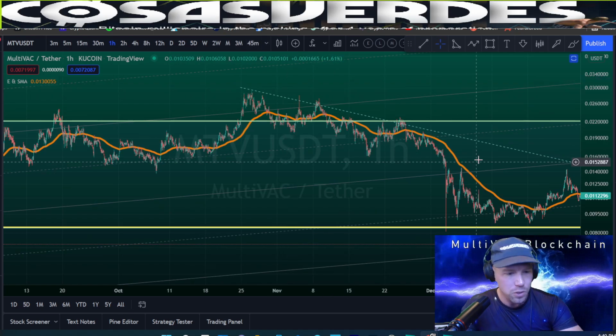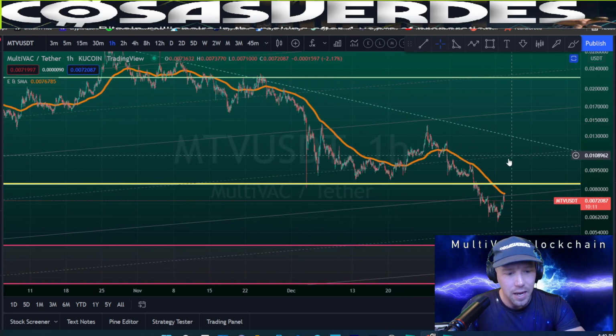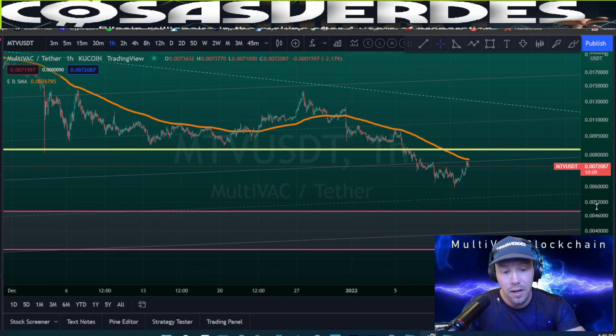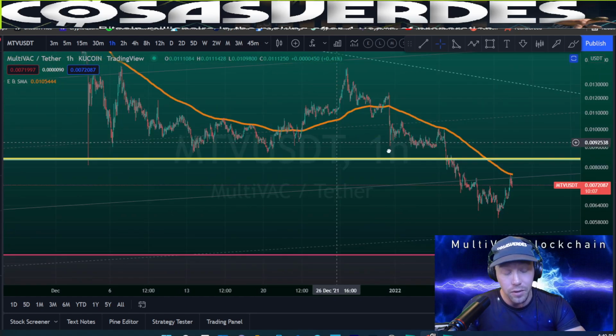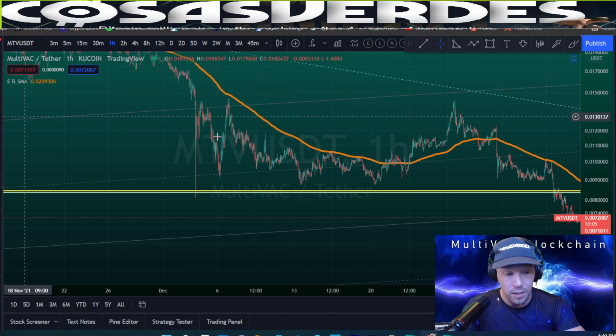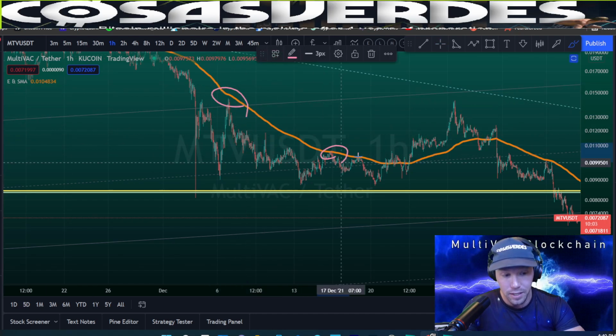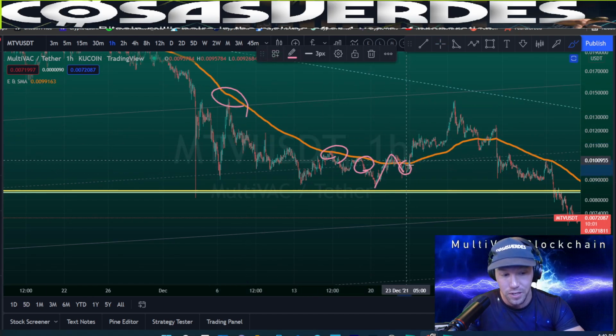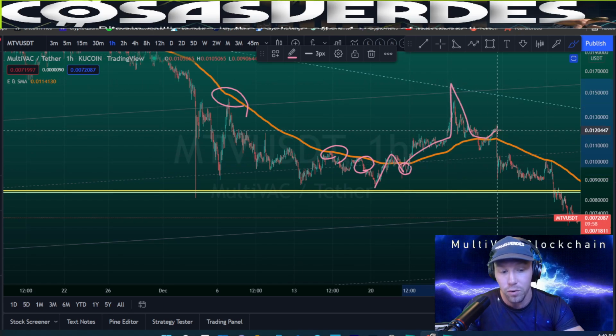Yeah, the 1 hour works pretty well. I think the 1 hour is kind of the best candidate. So kind of like I was saying, right now it uses this line as resistance a lot, right? Once it finally gets back up, it uses that support, it'll give a push. Can it hold it? No.